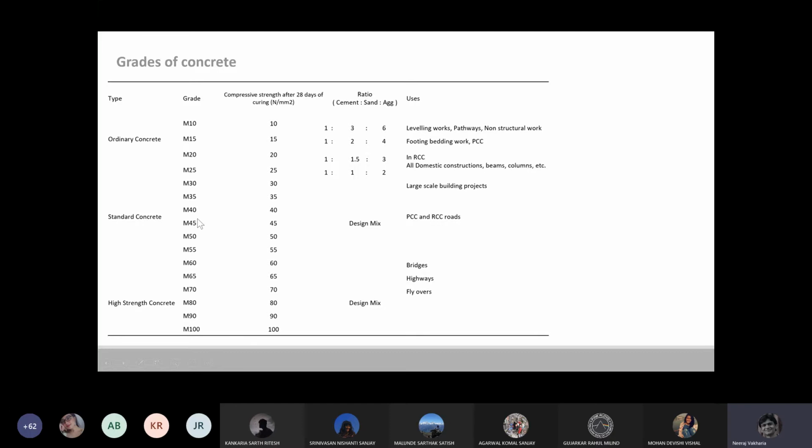After M40, generally we call it design mix, and we don't generally define it with the proper cement, sand, aggregate ratio, because it is not just that we can achieve this strength only by controlling cement, sand and aggregate. Okay, we also use admixtures. We control the curing conditions and mixing conditions. Accordingly, we can achieve it. When you practice on site, you will see that even when they are saying it is M20, we are going to use the M20 ratio.